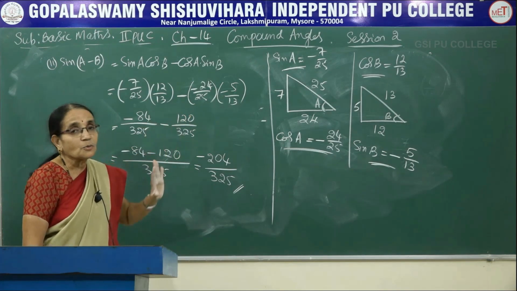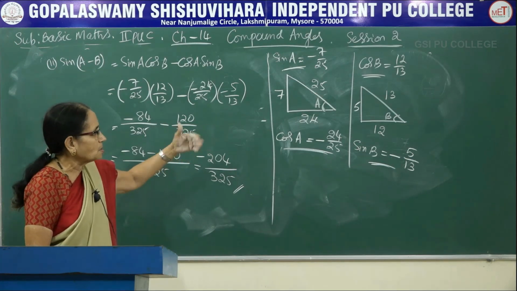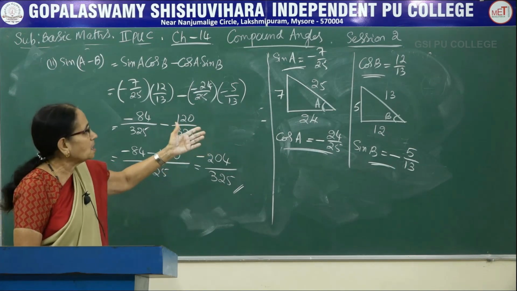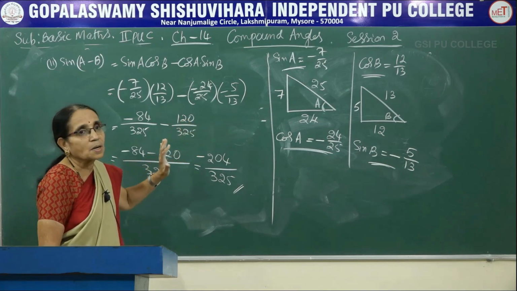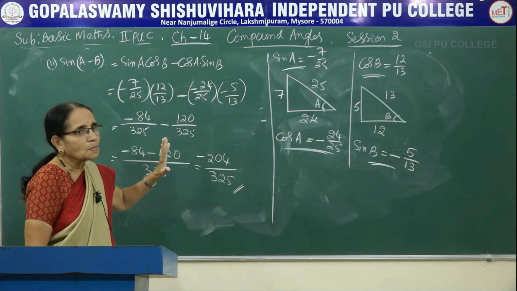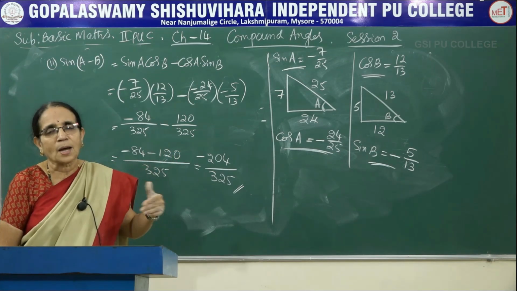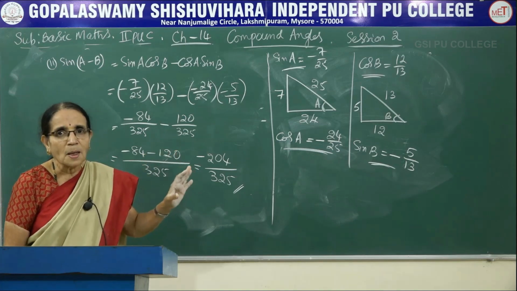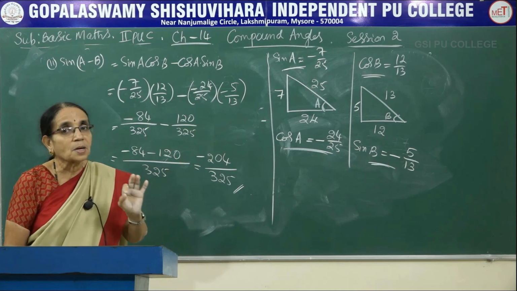Here the values of A and B, actual values will not be given. Only the ratios would be given. Suppose there are standard values, standard angles, you know the standard values here, but all the values are valid here, but they are not standard values here. So whenever some one ratio is given, for angle A one ratio, for angle B another ratio is given, depending upon the ratio, depending upon the angle, we have to write the appropriate sign. That's why read the problem.